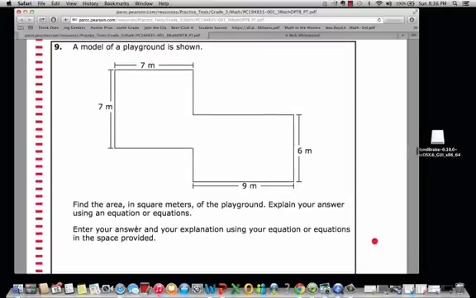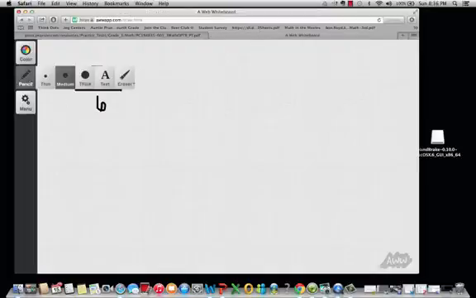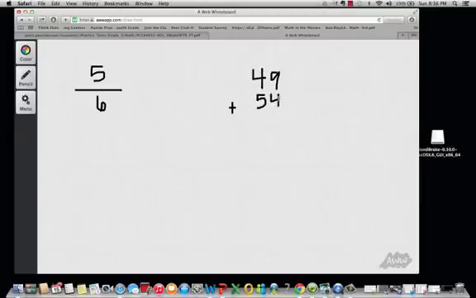Okay. Model of a playground is shown. Find the area in square meters of the playground. Explain your answer using an equation or equations. The easiest way to do this was to draw a line straight down the middle of these 2 rectangles. 7 times 7 is 49. 9 times 6 is 54. Then do 49 plus 54. And you should have gotten 103 meters squared, or square